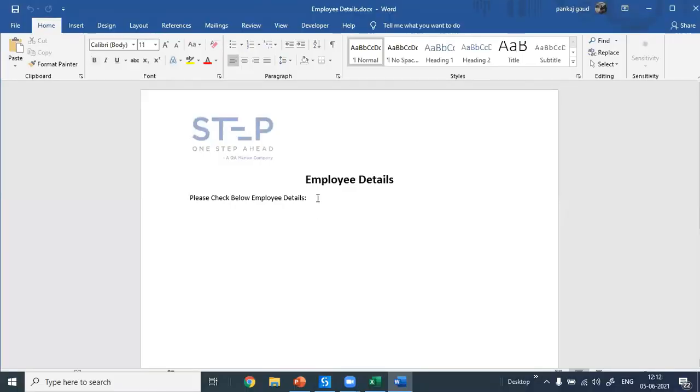This kind of information, this kind of Word letter, suppose you have to share with someone else in a Word format. So this is a sample format, and your data is coming from the Excel sheets. Now you want to add this data. Whatever employee details there are, they are continuously changing, and you have to prepare this document in this sample format. Using this use case, you can achieve these things. Yeah, Pankaj, now let's start.